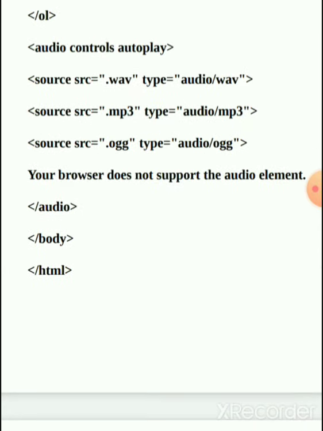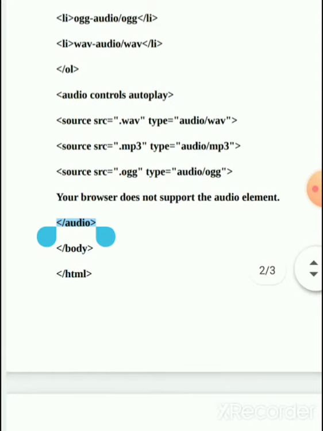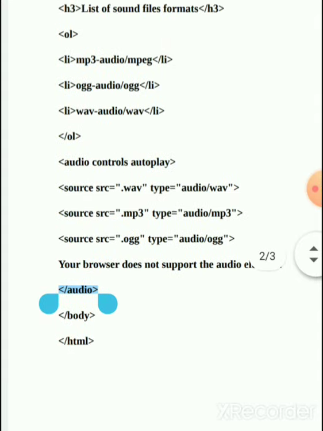Yes my dear students, we open the audio tag and close it here. Clear? Simple changes in HTML5: we are using multiple source files for one audio.